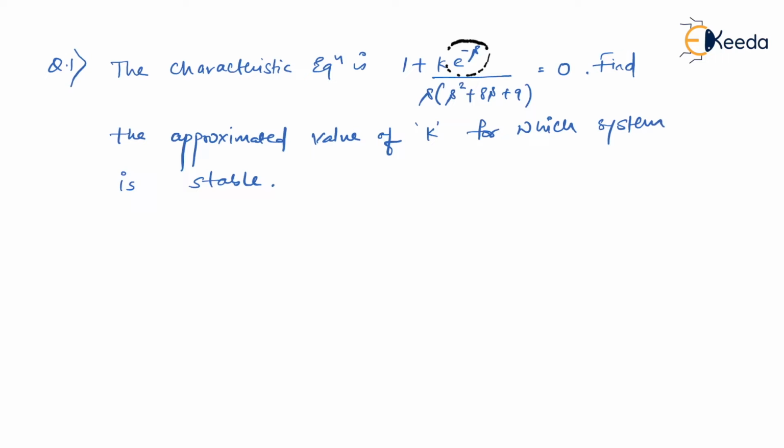Generally, to solve the Routh-Hurwitz criteria, we need a Routh-Hurwitz array, and to solve that array, definitely we require some algebraic equations or algebraic expressions rather. Over here, what is given to us is the exponential term. So this exponential term is a problem for us which will not let us perform the Routh-Hurwitz criteria. For that, what we can actually do is convert e to the power minus s into algebraic terms. How can we do that?